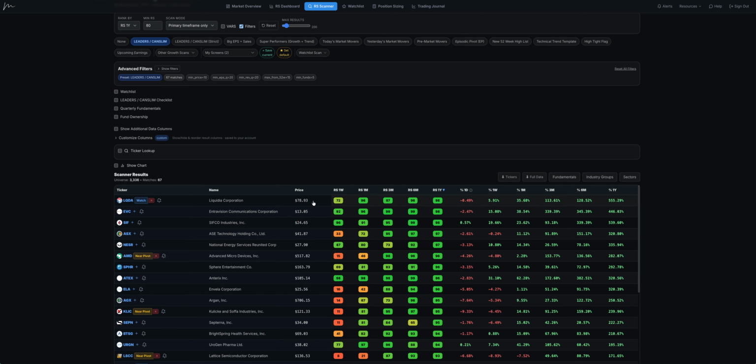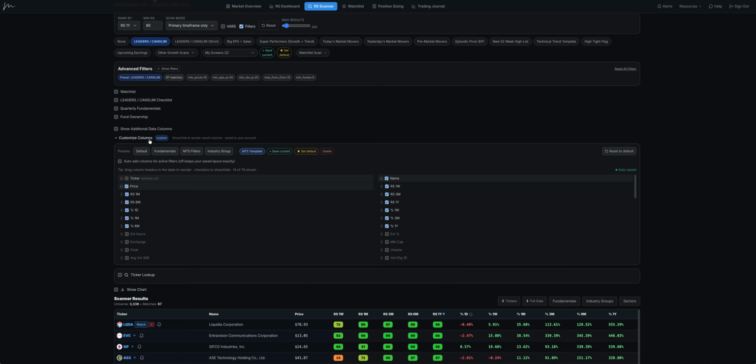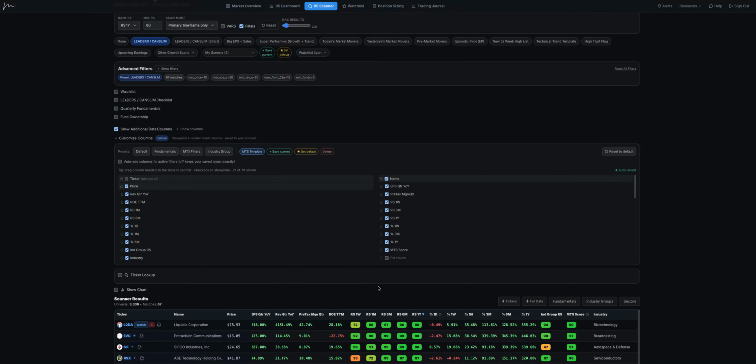Also, right here, you notice this is our general template. We have price, the name, the ticker, the RS timeframes, and the performance. I like to use, and you can create these, you can select and then save and set a default, what else you want to see in your scans, and it'll show that on all the different scans you run. So I have kind of my template. I like to see,